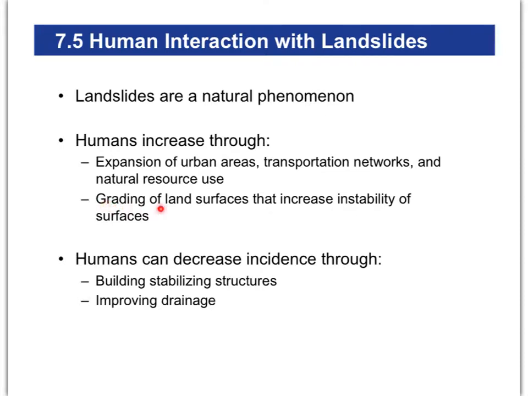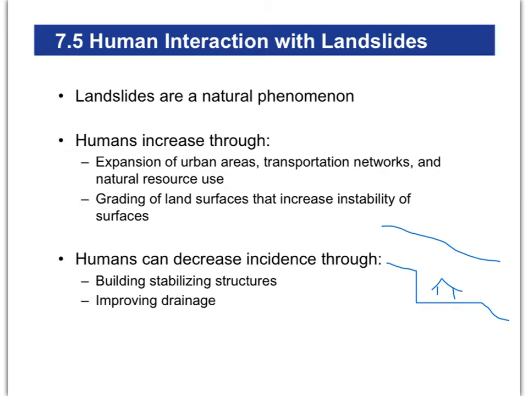Also, grading the land. All right, so that means leveling the land out. So if you have a hill, all right, so we have a slope right here, and you can't really build too well on a slope. I mean, you can to some degree, but if you grade it, so you cut in and make a place where you can actually build your house right here, you're creating a risk zone as you cut in. So all these human factors increase the possibility of landslides.